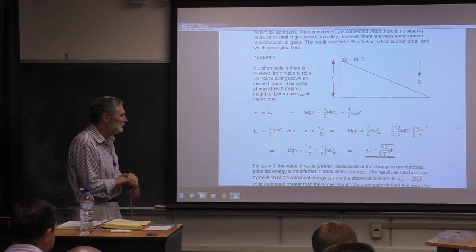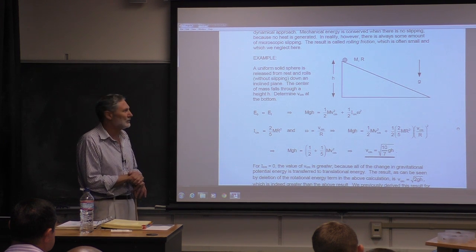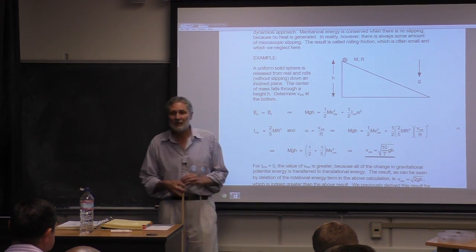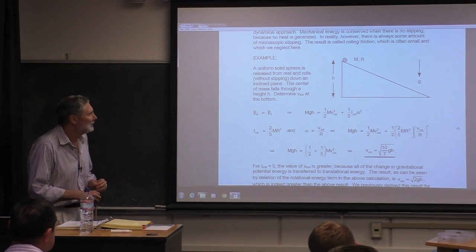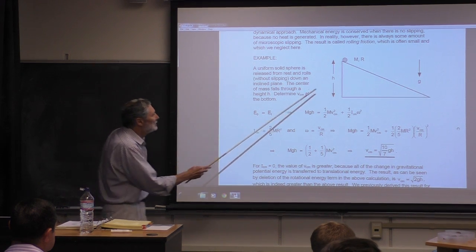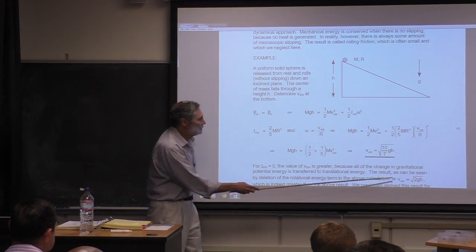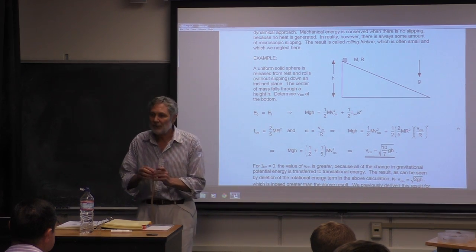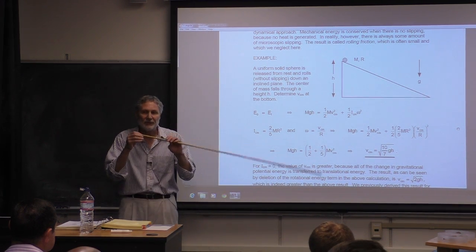Now what should we compare this to? What's the natural thing to do here? What if it's sliding without friction? We've solved that problem before, dynamically and energetically, right? What's the velocity? Remember, it's the square root of 2gh. Very simple. And you encountered that in the conservation of energy experiment